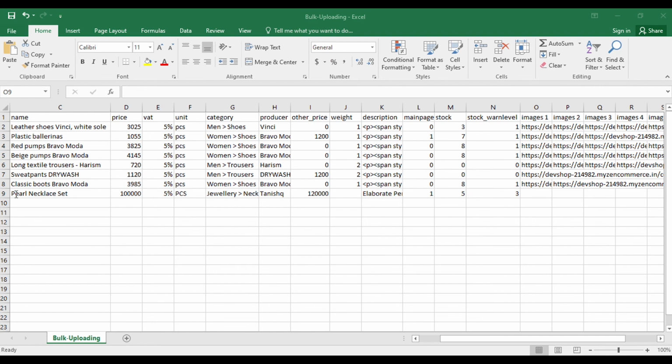Images 1. We already have these images uploaded on the file manager and these are the generated links. So I will use these links here. Please note, the image updated for the image 1 column would be set as the main image. The image 2 column would be set as the next image. Let's save this file in the CSV format, and we are ready to upload the formatted CSV in the Zencommerce